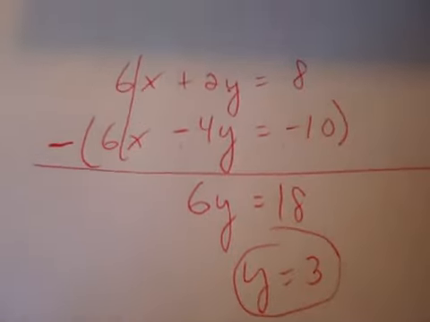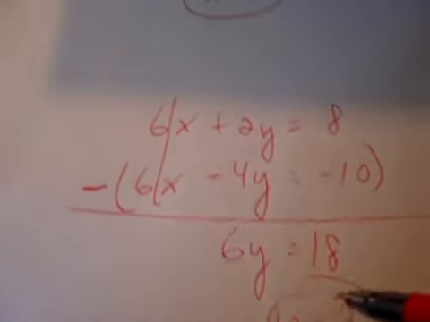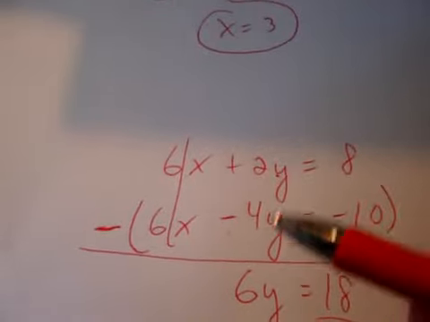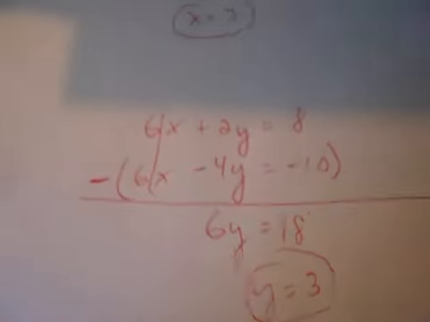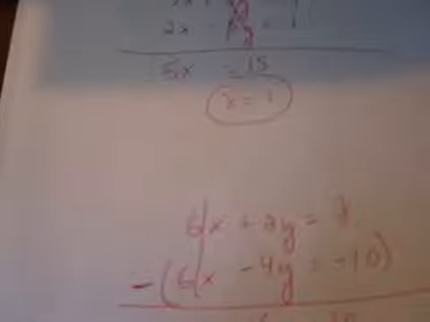How do we get our x? Well, simply substitute in 3 for y in either of these two original equations. Now, those are the easy examples where your coefficients are basically